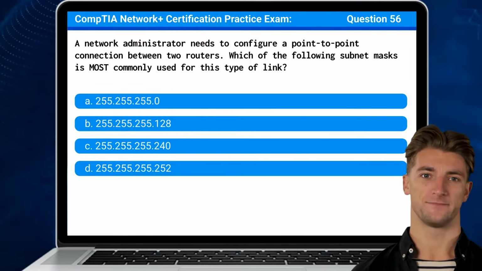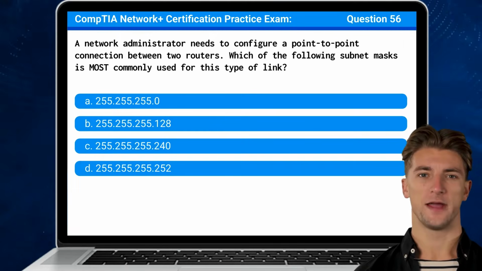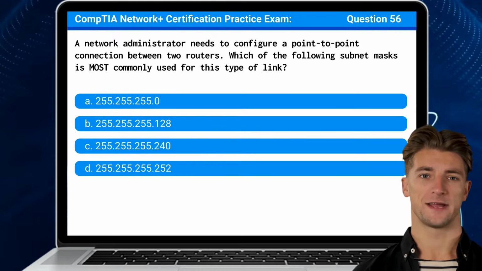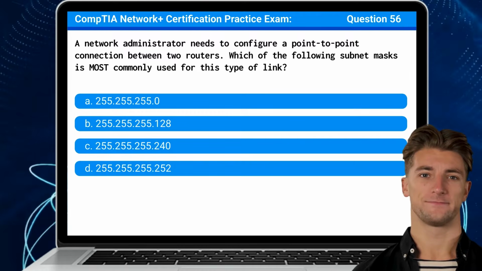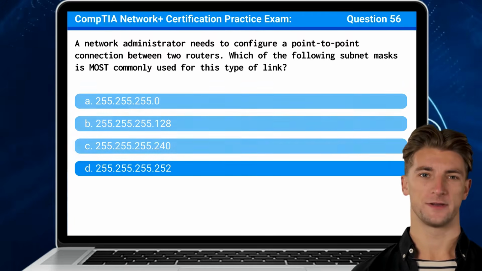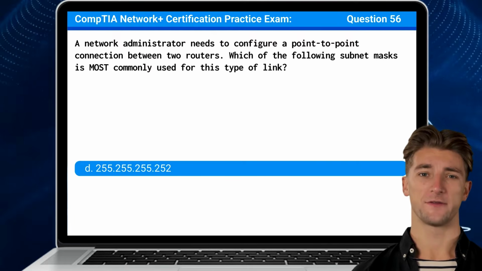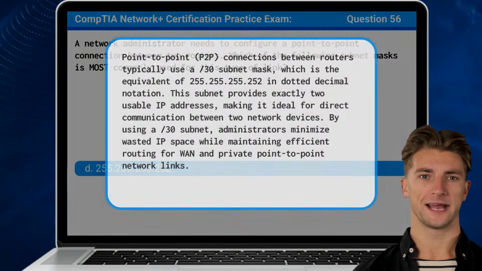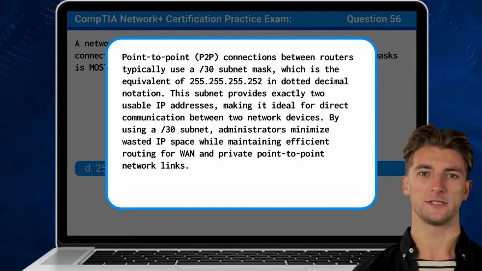Question 56. A network administrator needs to configure a point-to-point connection between 2 routers. Which of the following subnet masks is most commonly used for this type of link? The answer is D. 255.255.255.252. Point-to-point connections between routers typically use a /30